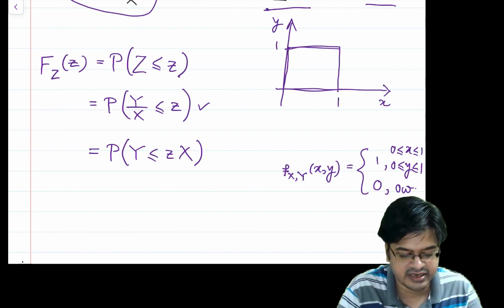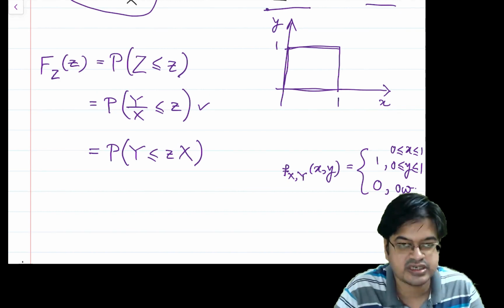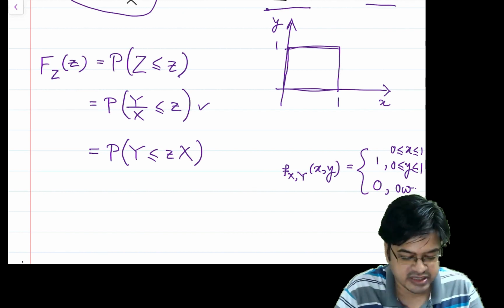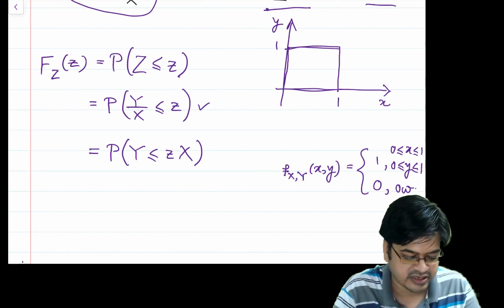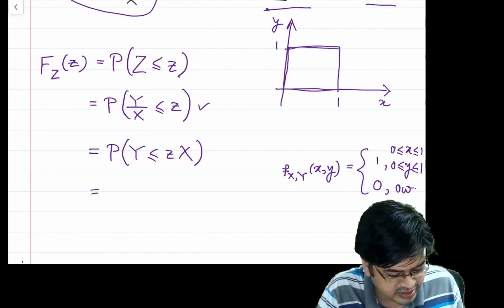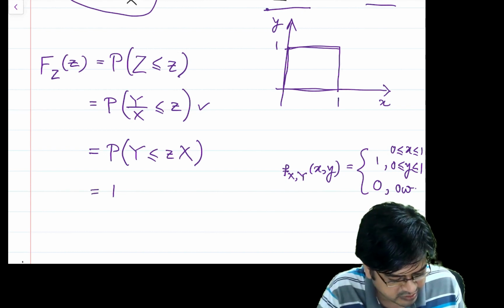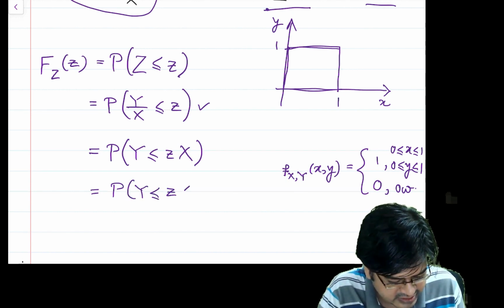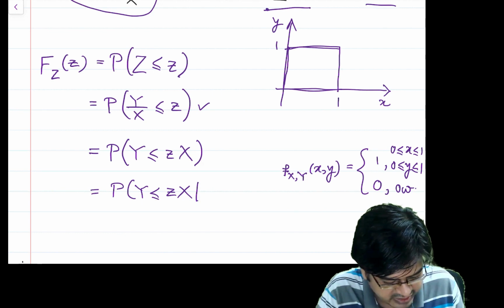So one way to handle this is you can use conditioning, and using conditioning you can actually try to solve the problem, in the sense that you can actually condition this over probability of y less than or equal to zx given that x is equal to x,